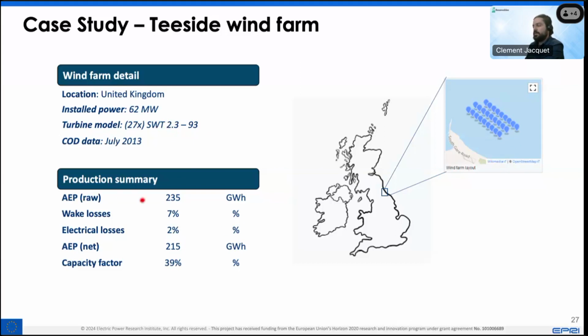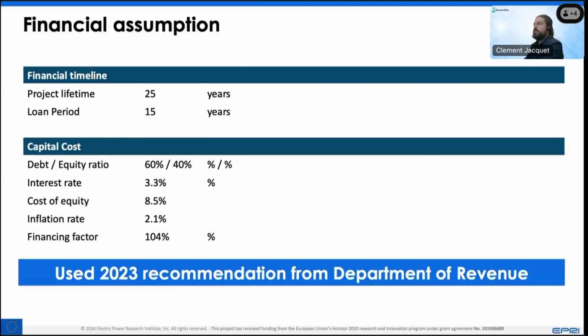The raw AEP is about 235 gigawatt hours. So that's a result of a simulation with a net AEP of around 215 gigawatt hours. Those are wake losses and electrical losses that we have included in that simulation. And that gives a capacity factor of roughly 40%. So it's a relatively high availability wind farm. And so now the exercise would be to try to calculate the impact of the component failure on the cost for that technology. But before doing that, we need to fix a few things on the problem, because the